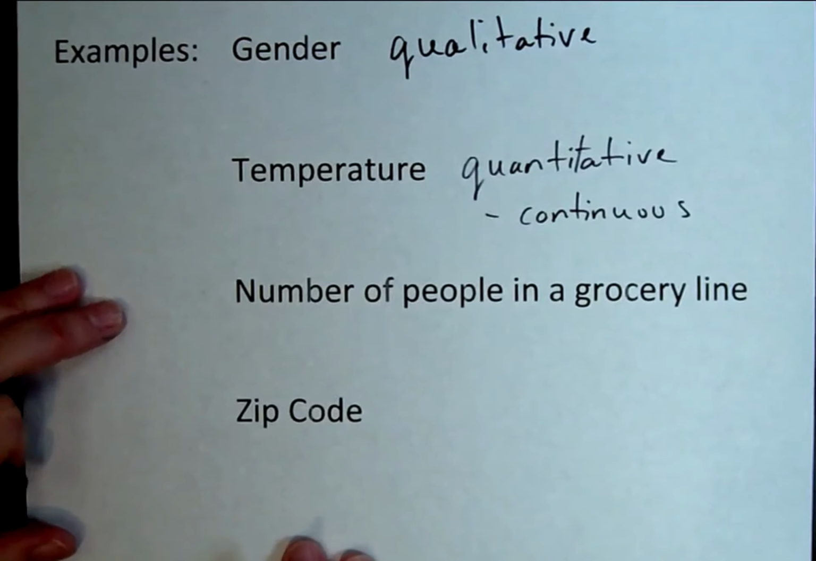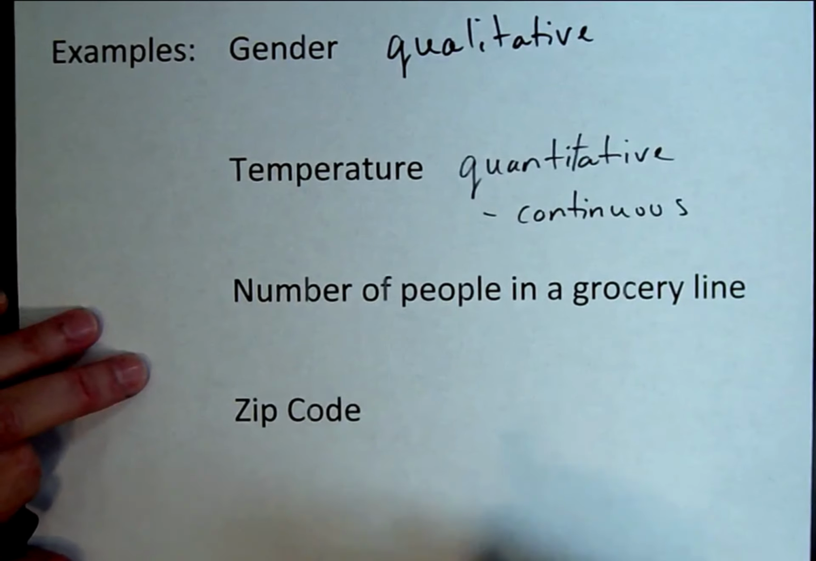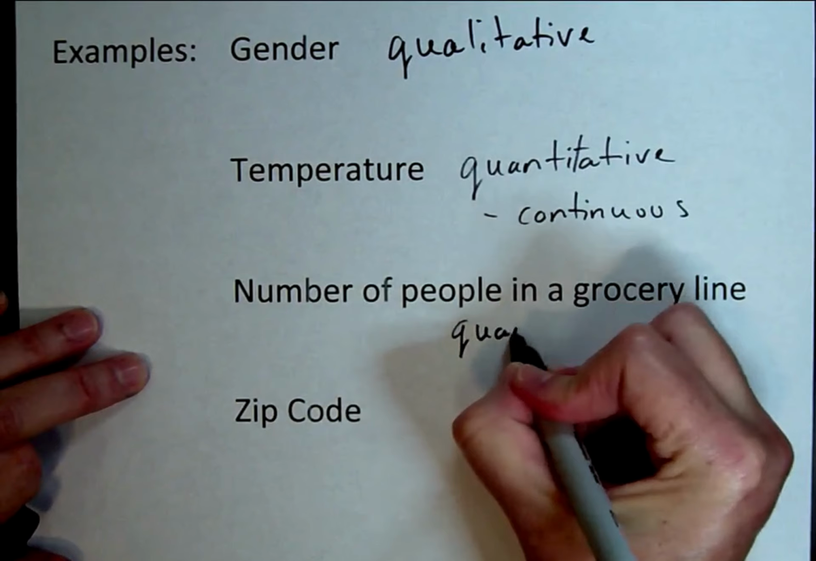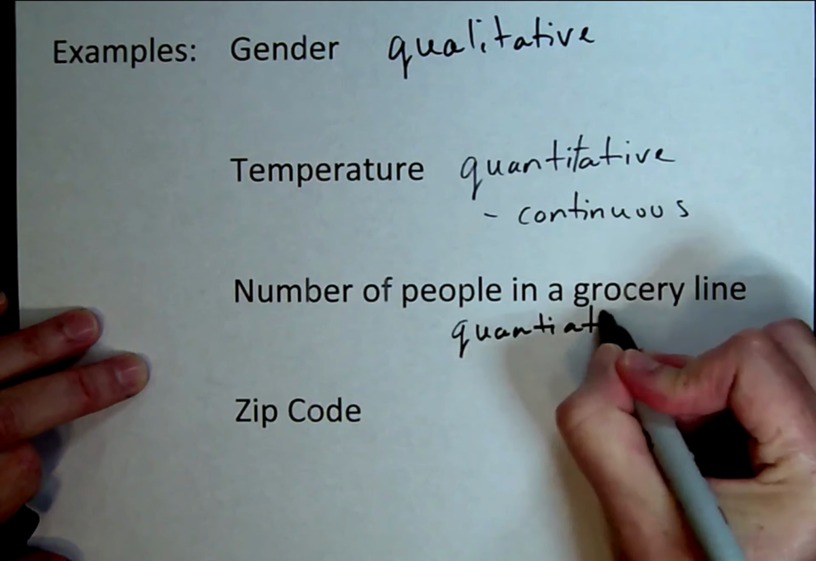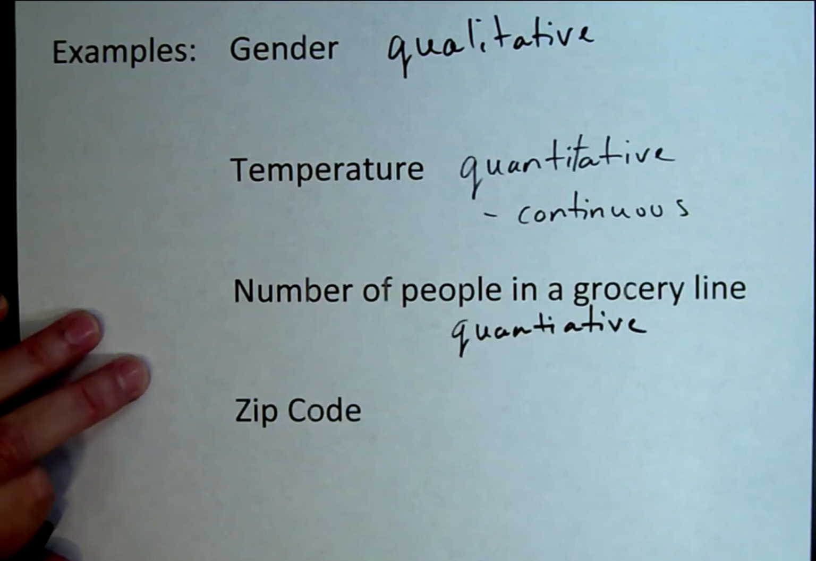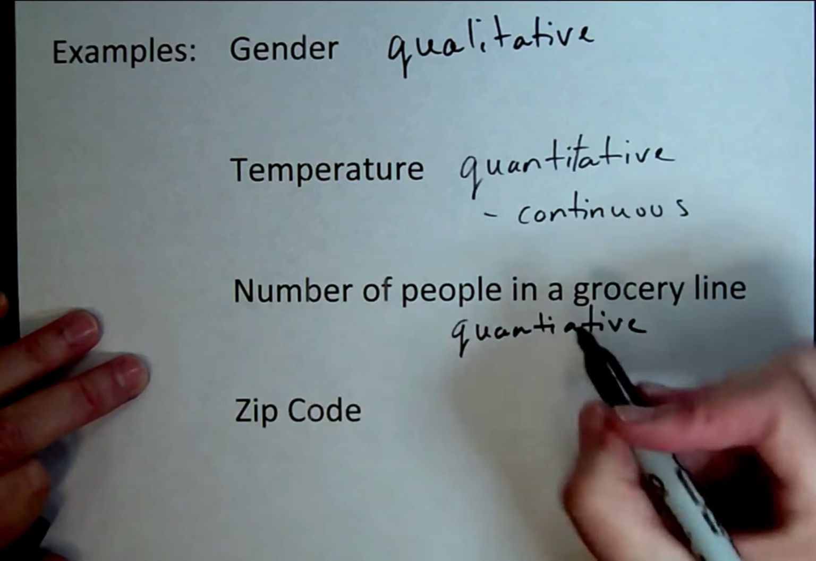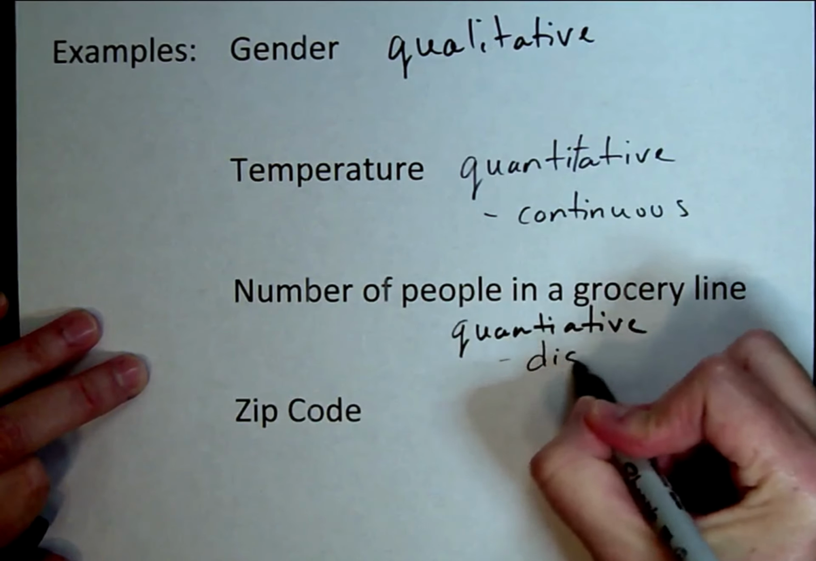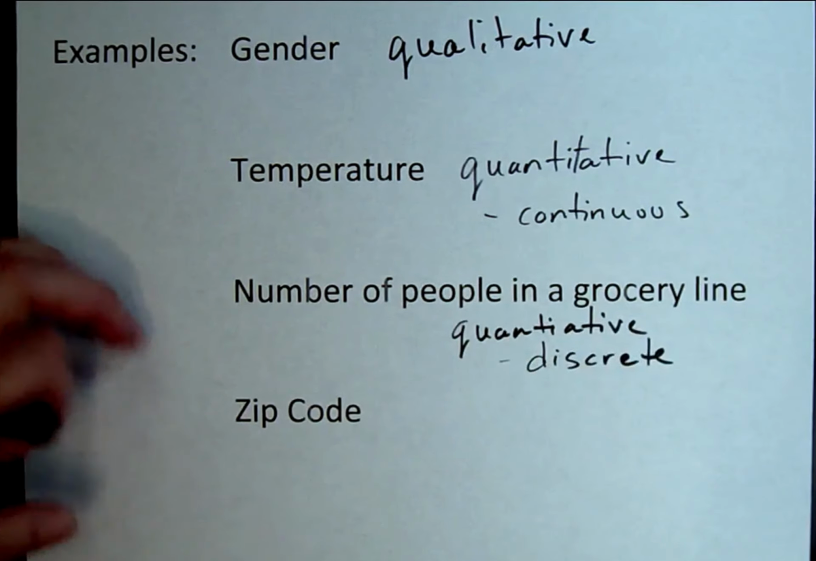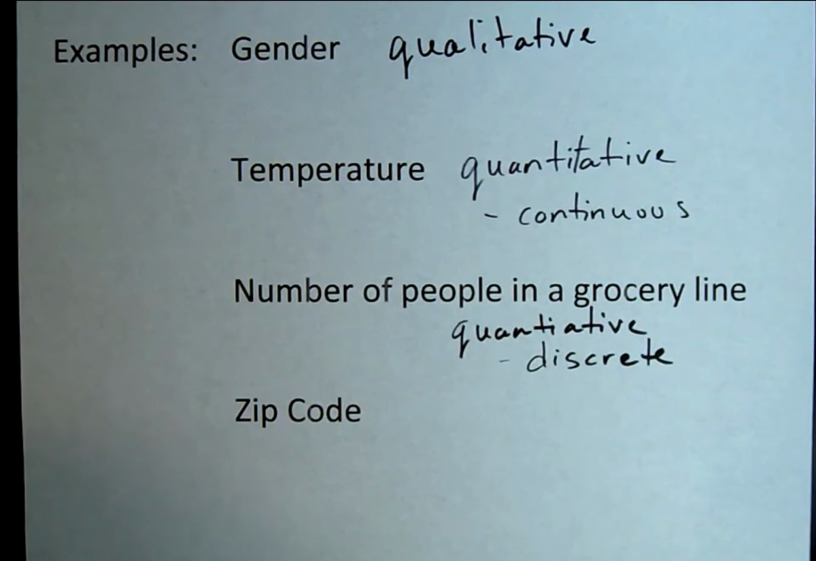Number of people in a grocery line. Again, that's quantitative, but that's not continuous. The number of people in a grocery line can't take on any possible value. It's got to be a counting number. So this one is discrete. Now, the last one's a little tricky. Zip code. Is that qualitative or quantitative? Now, it's a number,